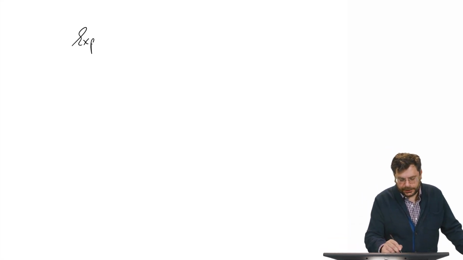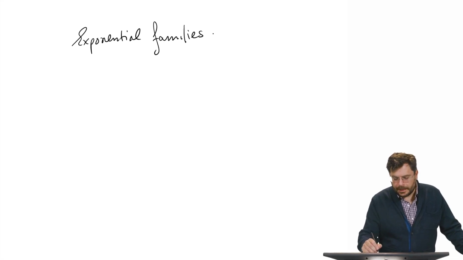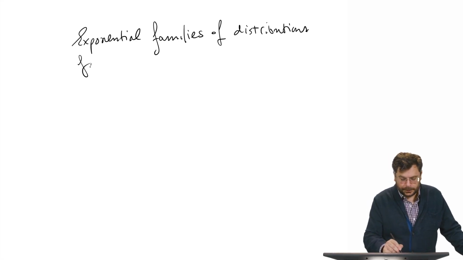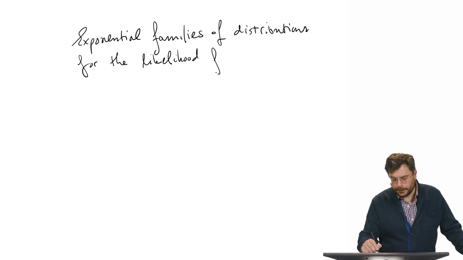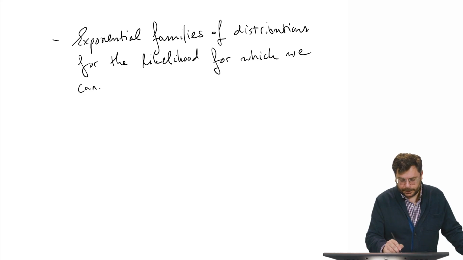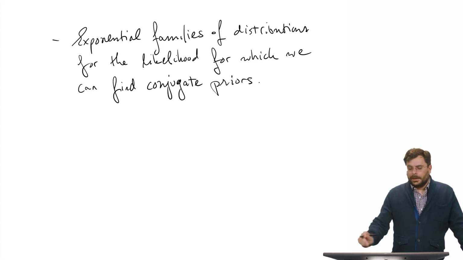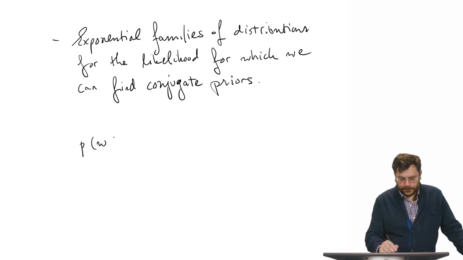And this will be the exponential families of distributions for the likelihood for which we can find conjugate priors. So let me go ahead and write down a likelihood for one data point that belongs to the